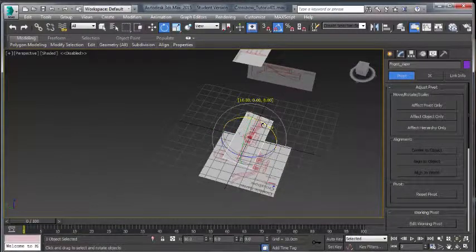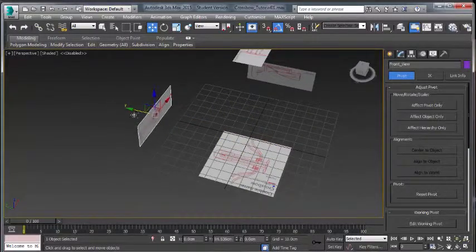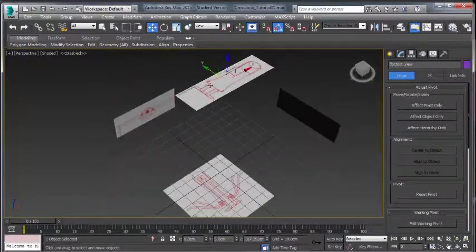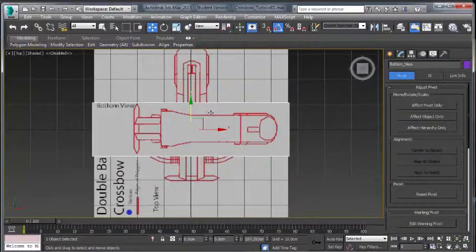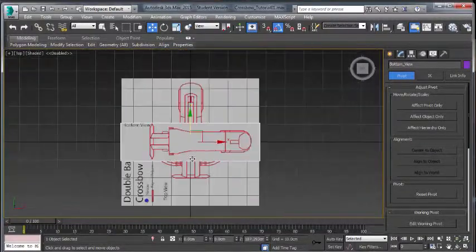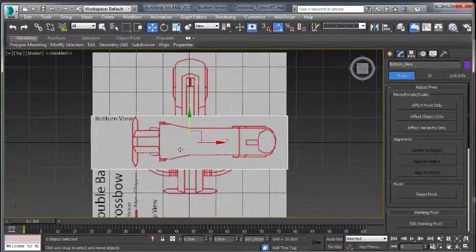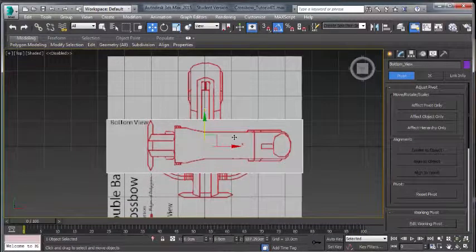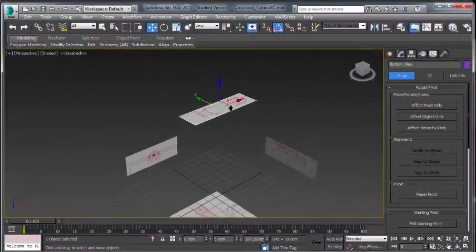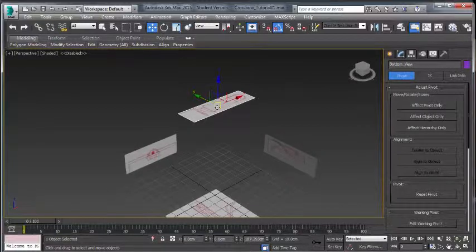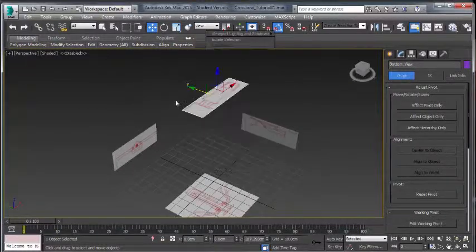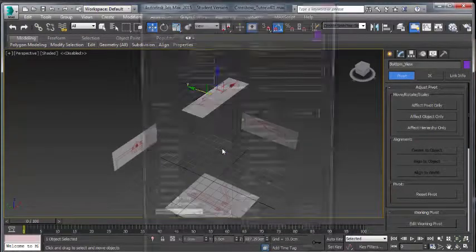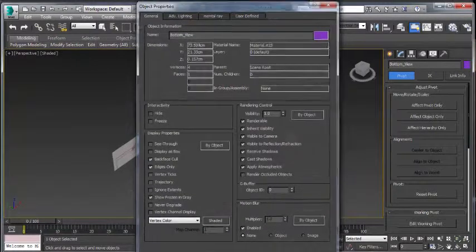Rotate it along the X axis 90 degrees, and then just move it back to the front view. Okay, so when I press T for top, we'll be able to see the top view, but since the back face cull is not ticked on, we're able to see the other side of the bottom view. So we can just change that by simply going out of top view, pressing P to go to perspective, right clicking that object, so select the bottom view, right click, object properties, back face cull, okay,